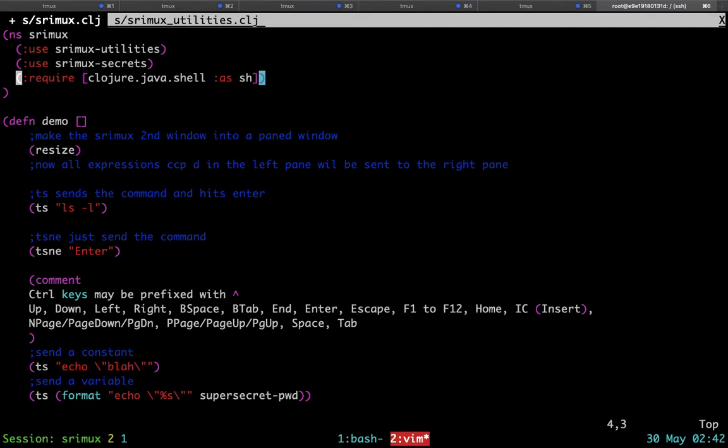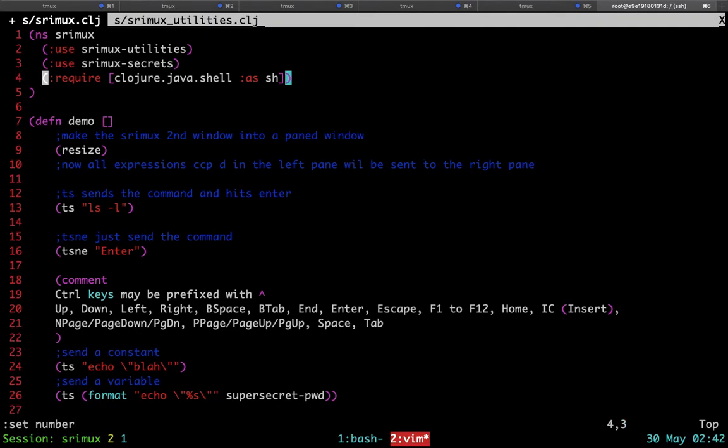Let's turn numbering on this file. The command to set number is :set number. So notice I've taken the cursor to the start of the ns expression. That is the first character in this file, and it ends in line 5.